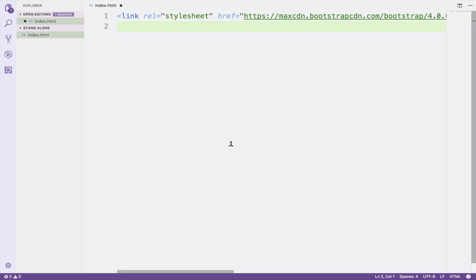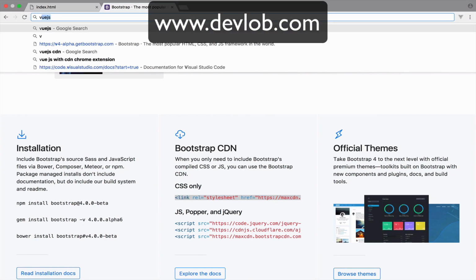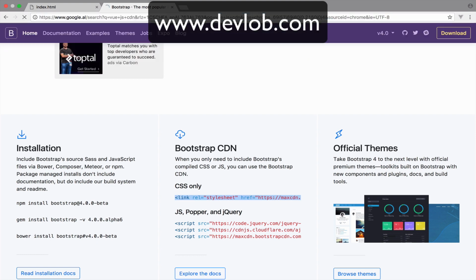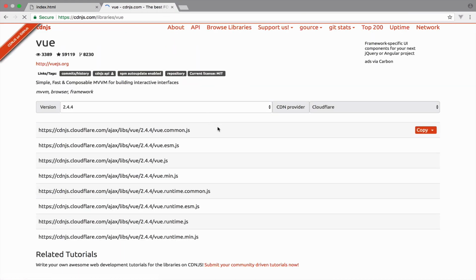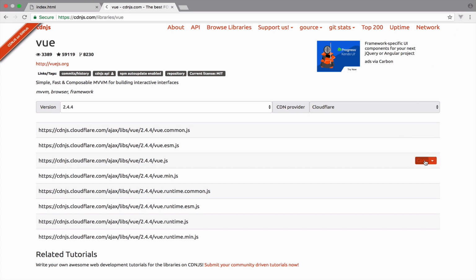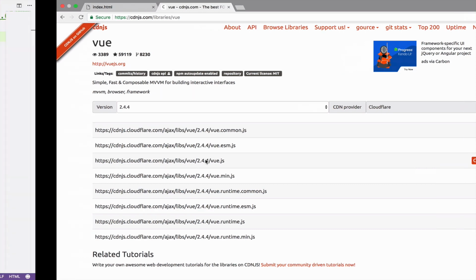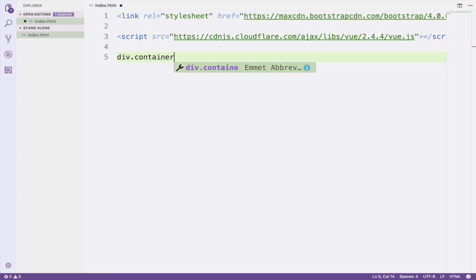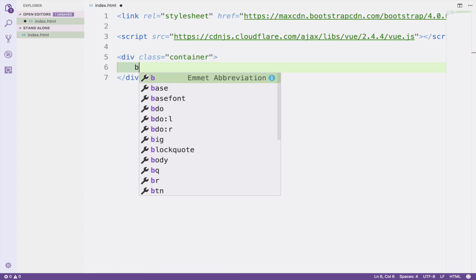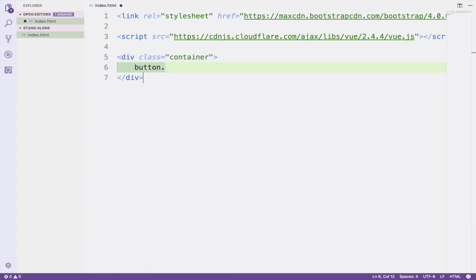Excellent. Now we also have to pull Vue JS. So Vue JS CDN. And we are right here, and make sure you do not pull the minified version, because the minified version cannot actually run the Vue Dev tools. So we want to pull the full version, not the minified one. So script, src, excellent. Now we need a container, so div container,